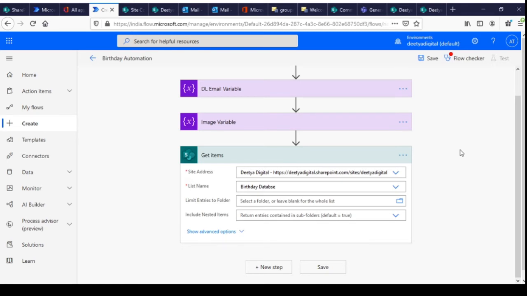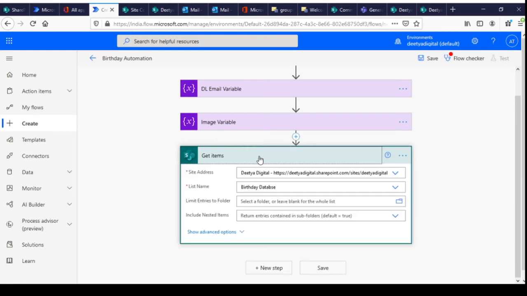If the condition matches, then it will trigger the email. To check that condition, we need to call the data, right? That's it. So now we have already called that data.